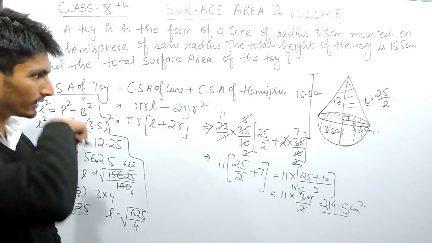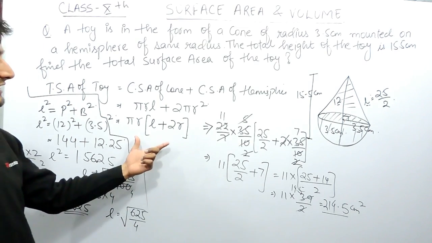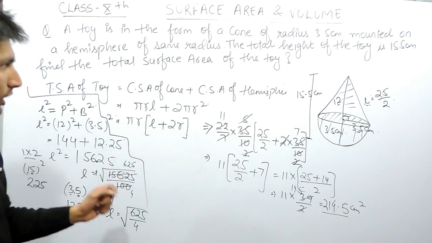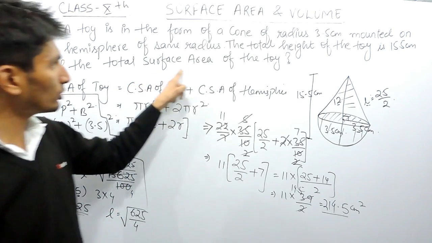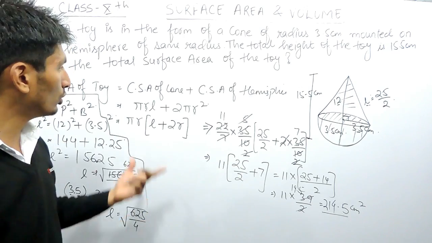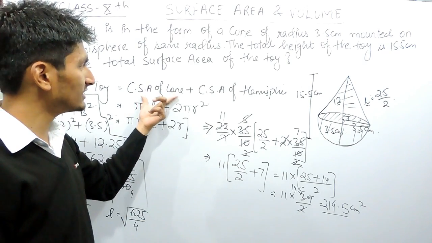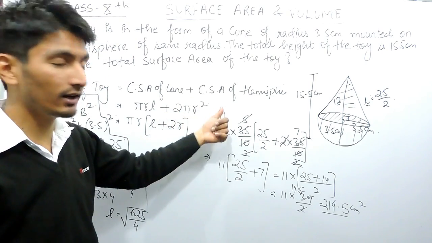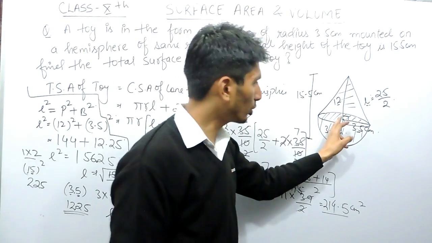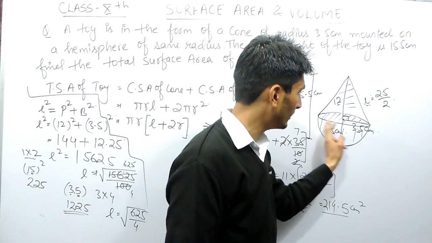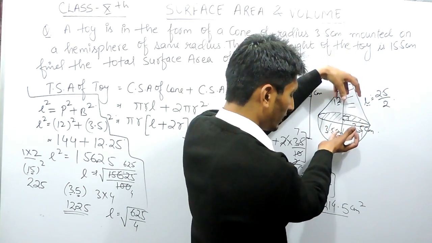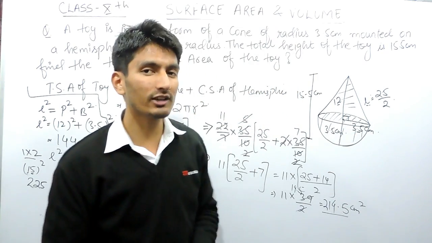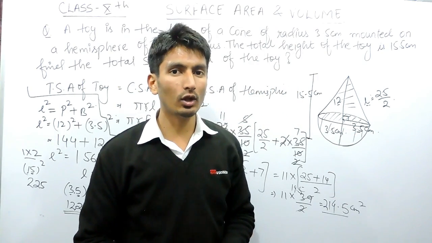So one thing is important here. If you want to find the total surface area of this, how this formula is created is important, because here it is talking about total surface area. In that case, you don't have to add the total surface area of cone and the total surface area of hemisphere. In that case the question will be wrong, because here in total surface area, this surface area which is hidden by this, with these two toys, is not visible to you, so that won't count in total surface area. So this is how you can solve this question.